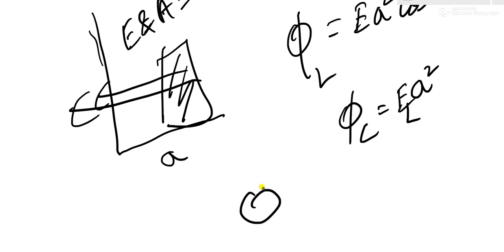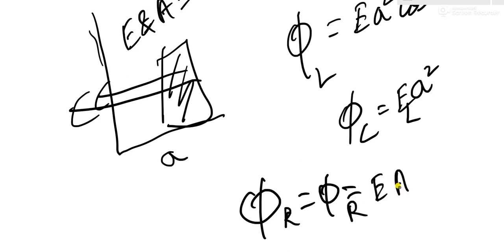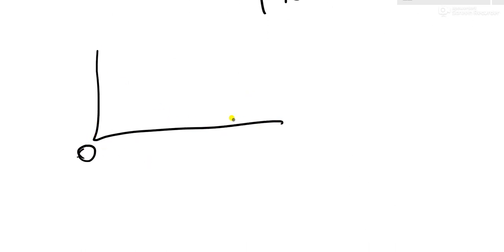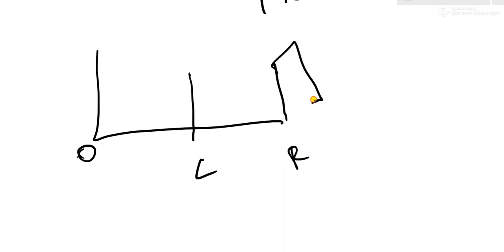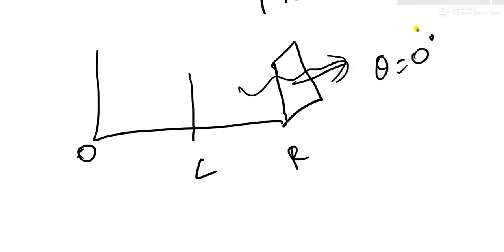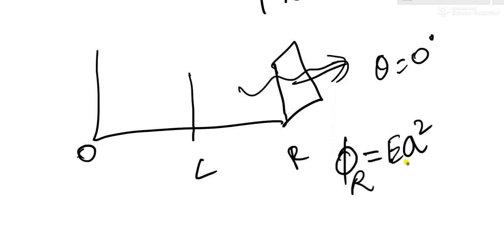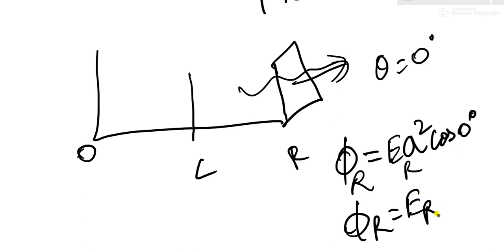Now again, for the right side, flux on the right side is equal to E A cos theta. Again, for the area of the cuboid on the other side, I will show the diagram. See here, from the origin it's a distance a on the left side and a distance 2a on the right side. Electric field will be in this direction, area will be in this direction, theta will be 0 degrees again. So flux at the right side is equal to E a squared, because the area is a squared, and cos 0 degrees is 1. So the flux on the right side is equal to E at a squared.